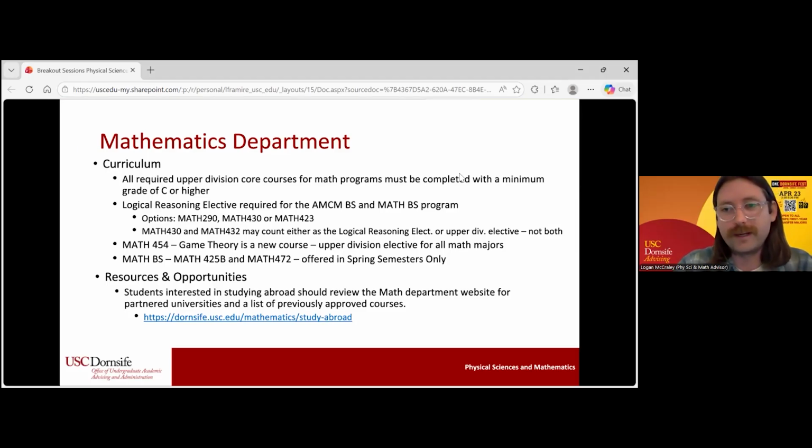And if you're interested in research, we do offer a Math 490 directed research course. Usually these are going to be 1 to 2 unit courses where you can work with professors. If you are interested in research, especially doing a directed research, definitely let one of us know. We can give you more information on that. And again, the math website has great information on research as well. And with that, I will pass on to Yasmin.